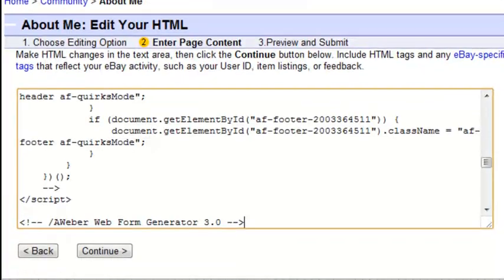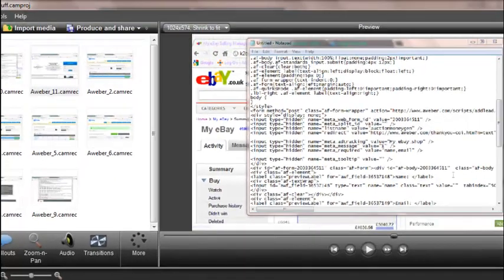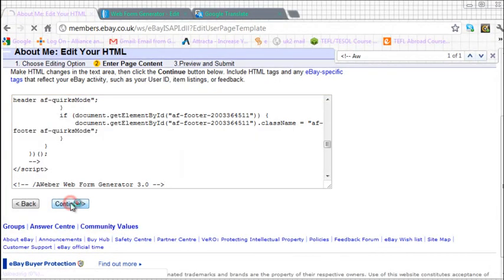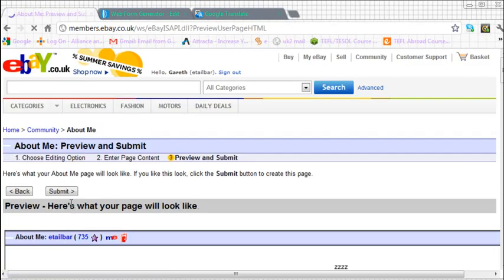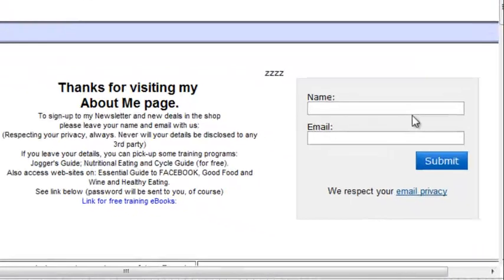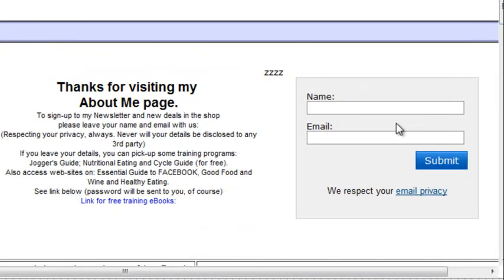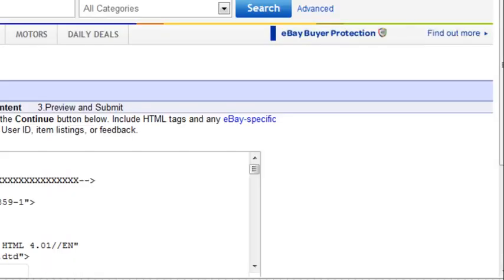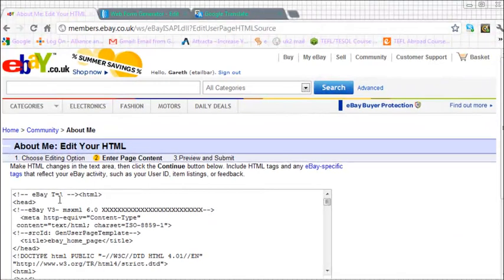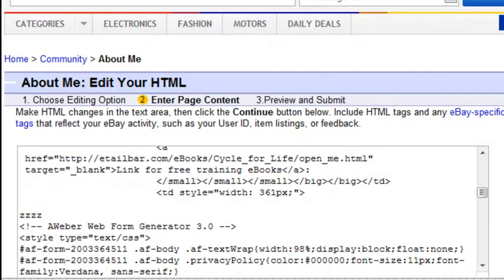So if I then go and have a look and see what that looks like, let's just quickly go over, continue, you should now see your form appearing. There it is, lovely. And if I then save that, before I do, of course, I need to delete those 4 Z's, so I would go back and delete those 4 Z's. But then if I save that, I'll go Control F, find those 4 Z's, there they are, just move the cursor there, delete, happy with that,